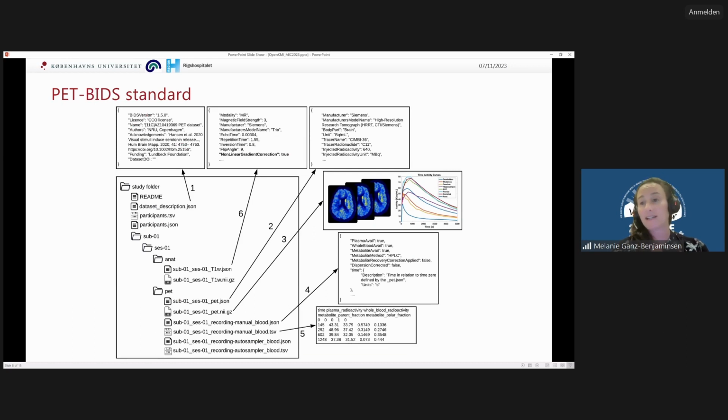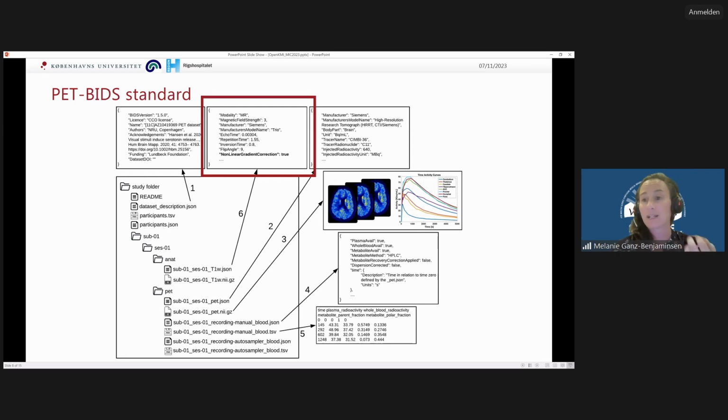And all of this is then done in a simple folder structure. Basically, you have a JSON file, which is just a structured text file that gives you some overall information about the experiment. Then you also have a file that describes a little bit the metadata for the image. Then we have actually our, in this case, 4D images, and we might have some blood metadata and some actual blood data available. And if it's possible, of course, and you have an MRI available, we also have the standard way of sharing the MRI and the meta information of the MRI there.